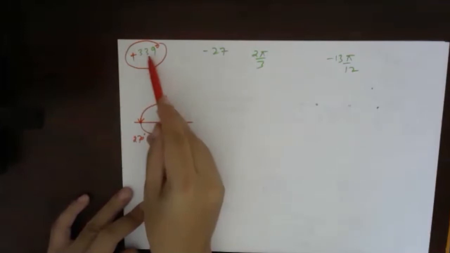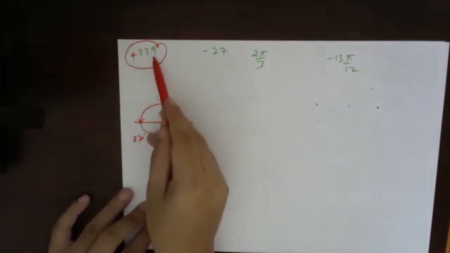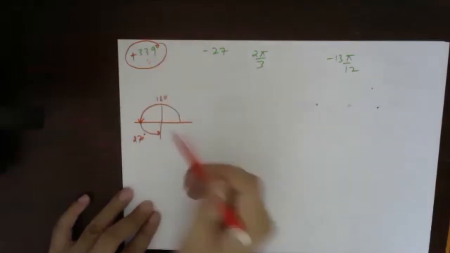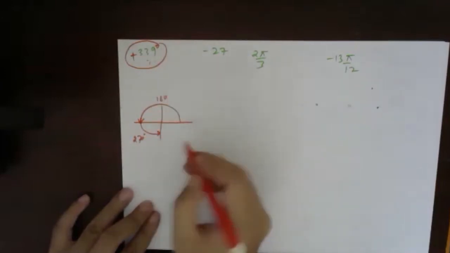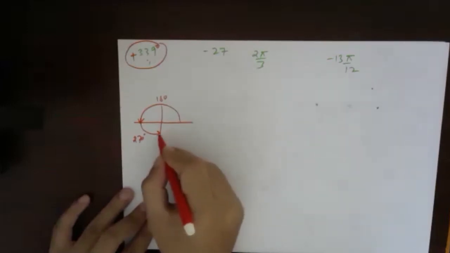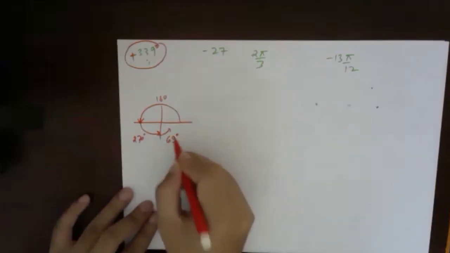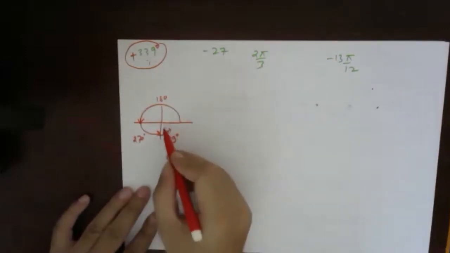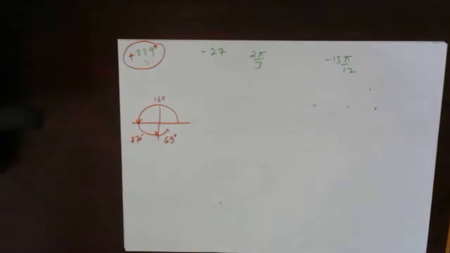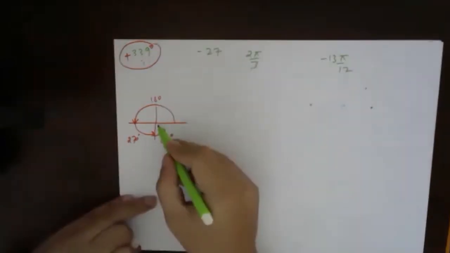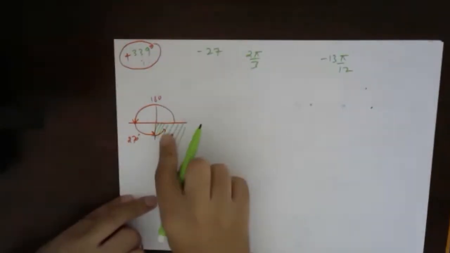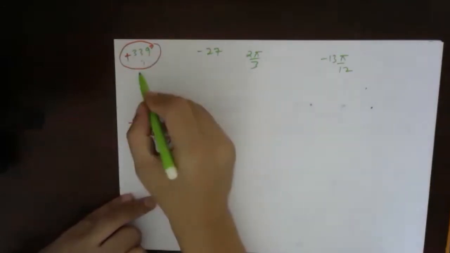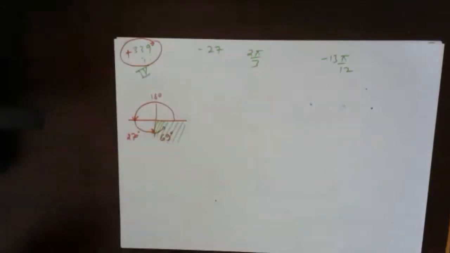So how much more do I have to move? I have to move 69 degrees more in this direction, right? After moving, I will be in this quadrant. After moving 339 degrees, I will be in this quadrant. Which quadrant is this? So 339 degrees will be in the fourth quadrant.